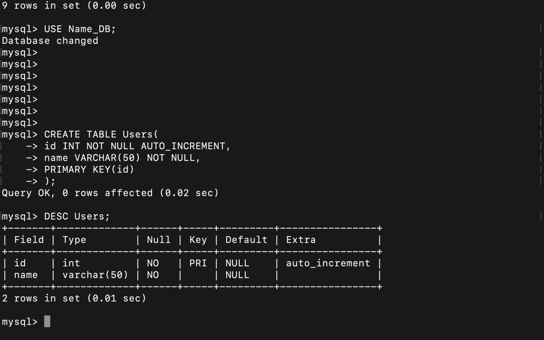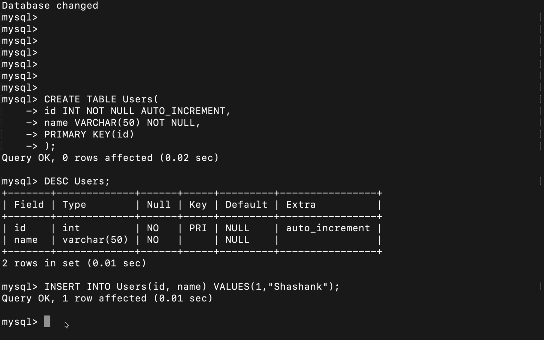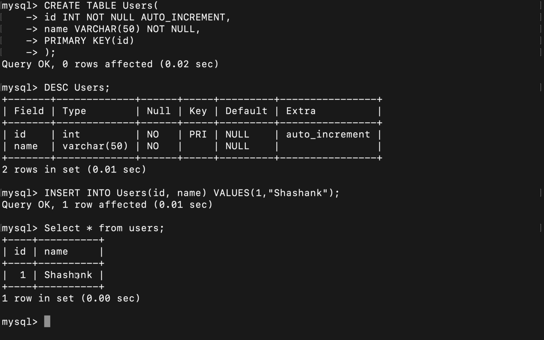For that I'll write insert into the table, and then I need to provide the field names, id comma name, and then values, initially 1, and then the name is Shashank. So now let me check. Select star from users. If you see, one Shashank is inserted, which is the first row, 1 and Shashank, right?